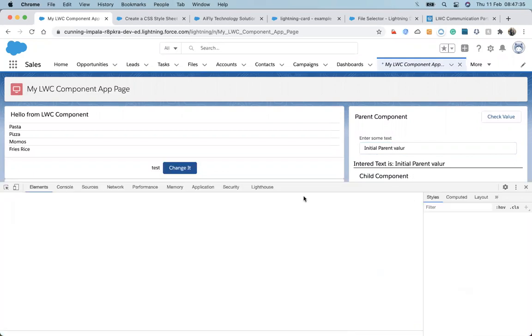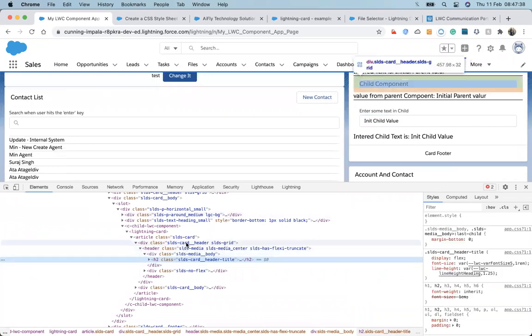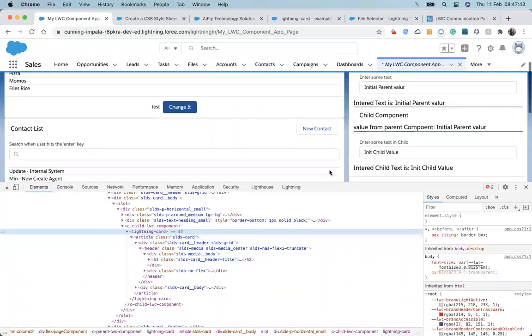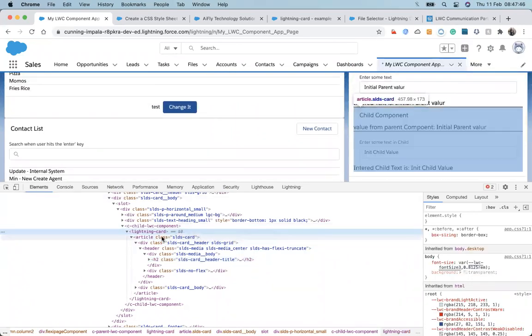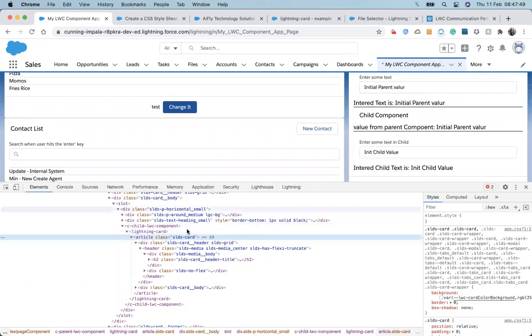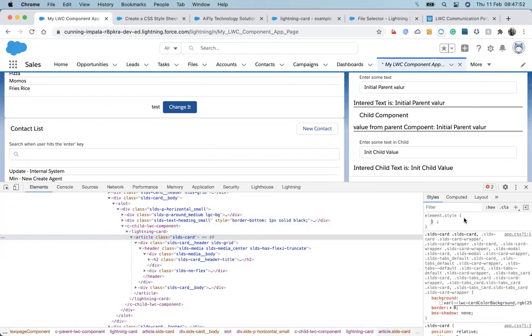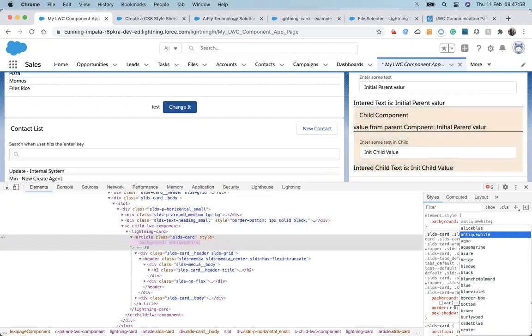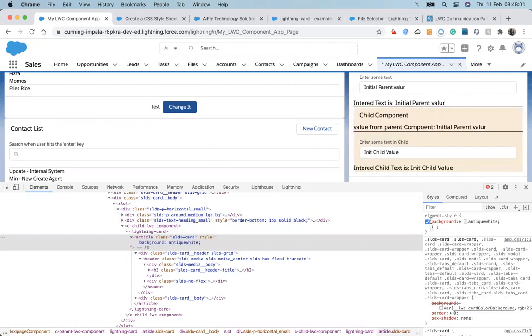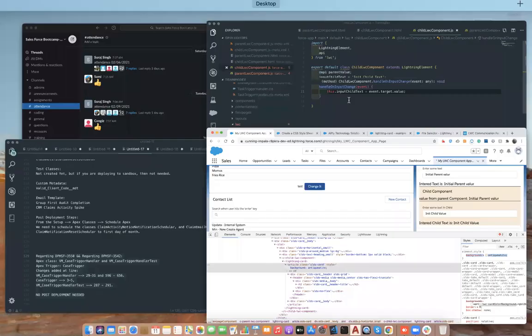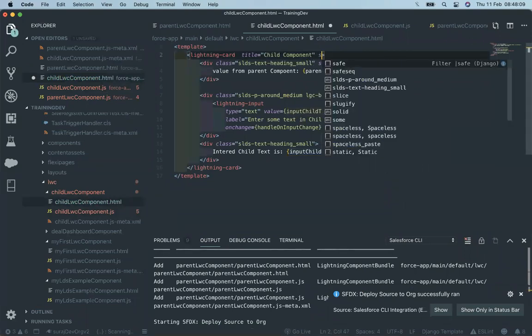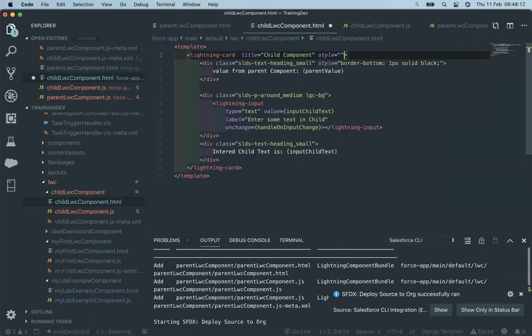In order to separate it, I'm just providing custom CSS so that its UI looks different.